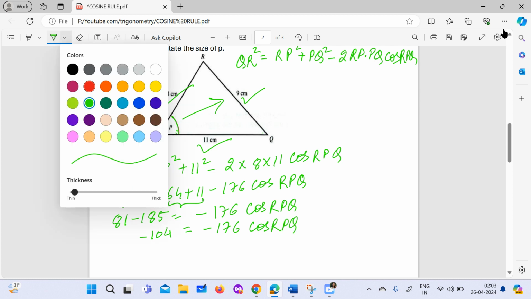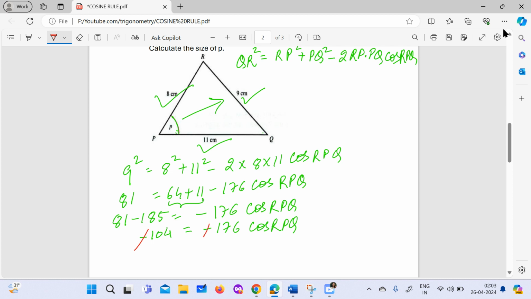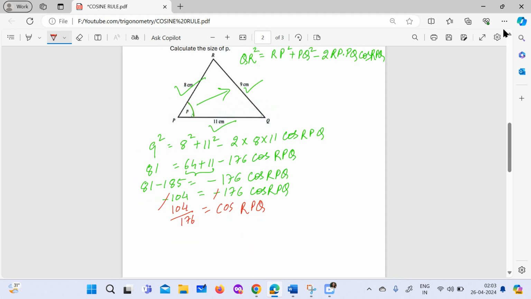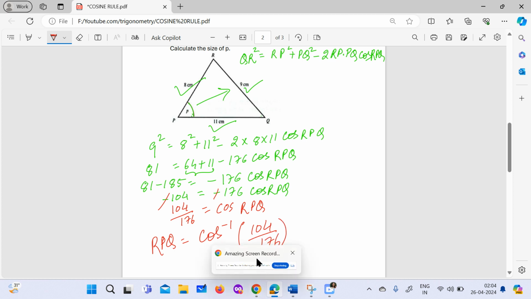Then we can cancel the negatives and you will get 104 over 176 equals cos RPQ. Now, angle RPQ equals cos inverse of 104 over 176. Carefully input all the values in your calculator, and then you will get this answer as